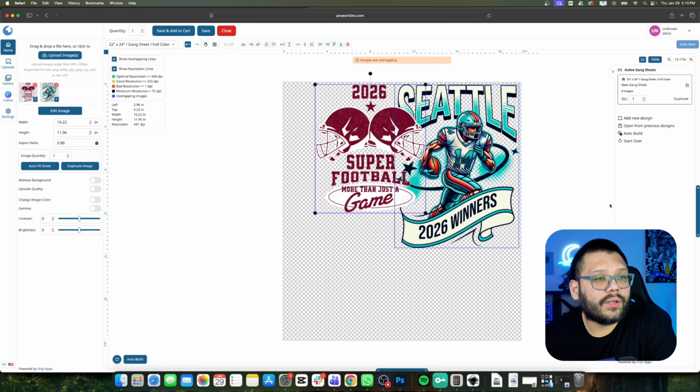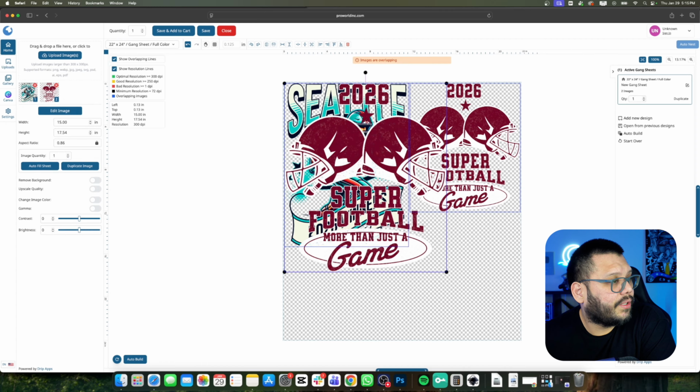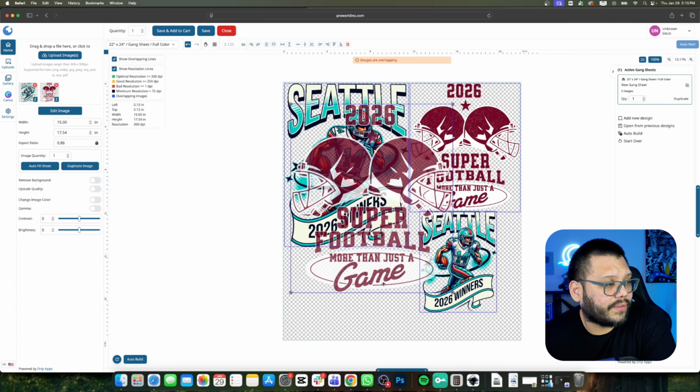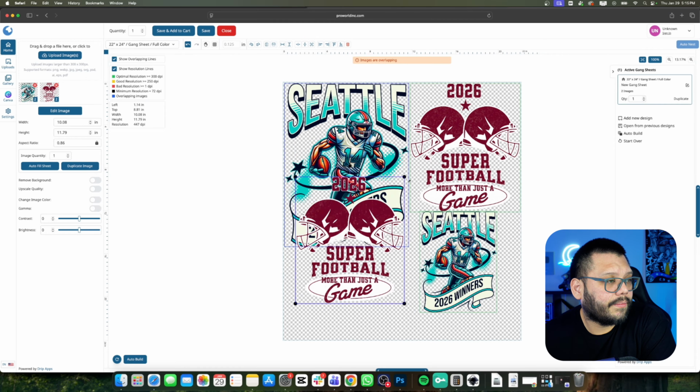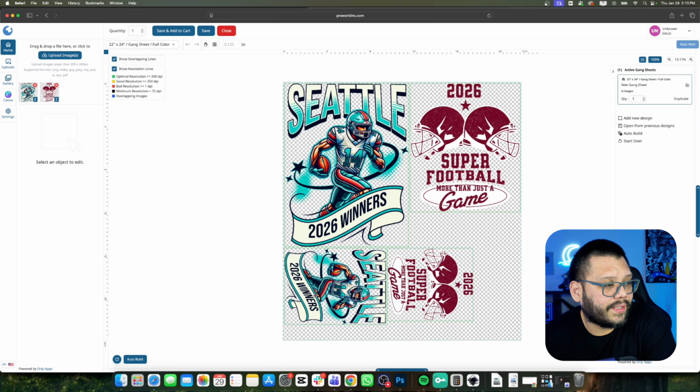Now, besides that, you are also able to go ahead and do the auto nest, which is up here. If we click on auto nest, it's automatically going to take your images and it's going to separate them appropriately. So here we only did two, so let's just do two more. So that way I can show you a better option. Let's make a couple of different sizes. Like that. So now we have 4 different designs and 4 different sizes. Let's click on auto nest one more time. And you can see that it turned them 90 degrees to make it fit, to make everything fit ideally